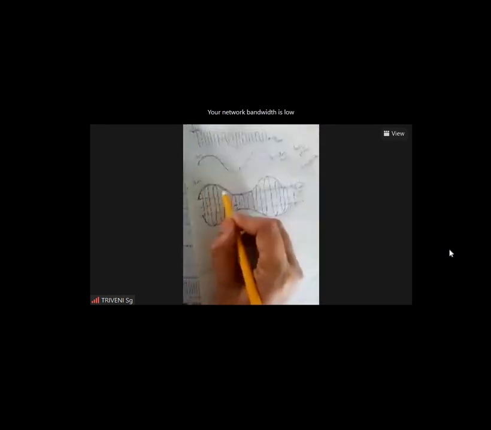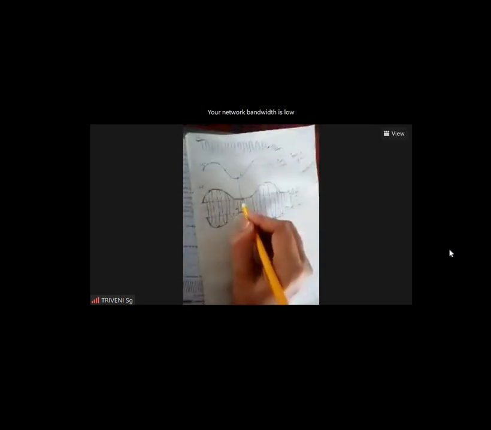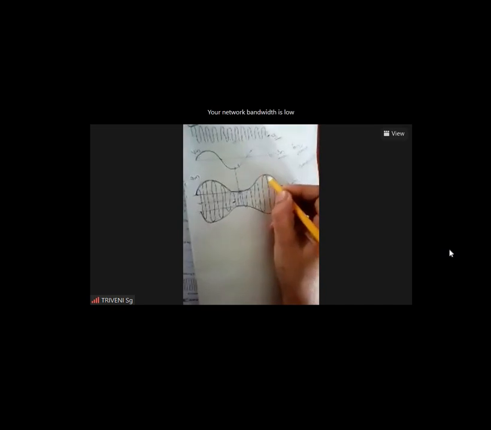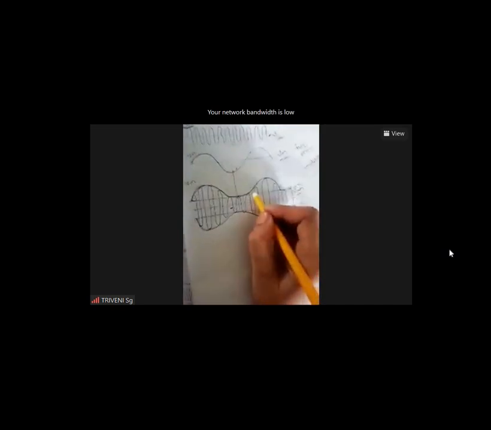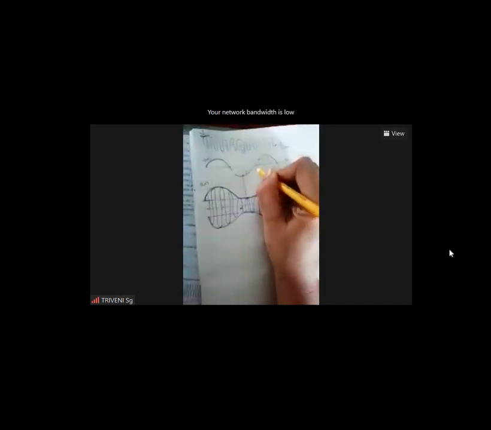At this point, the amplitude of the message signal is increasing. Here, what is happening? The amplitude of the modulated signal is also increasing. At this point, the original signal amplitude is going to reduce, and up to this point the modulated signal amplitude is also reducing. And from this point, it starts increasing. That is simply the envelope of the modulated signal follows the modulating signal, that is the information signal. Okay, it is the overview of the amplitude modulation.